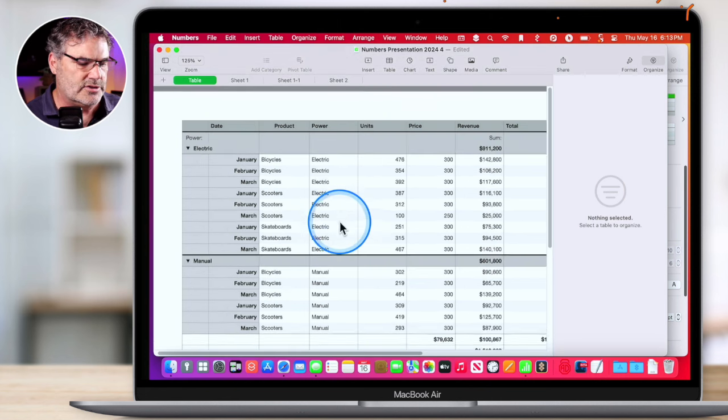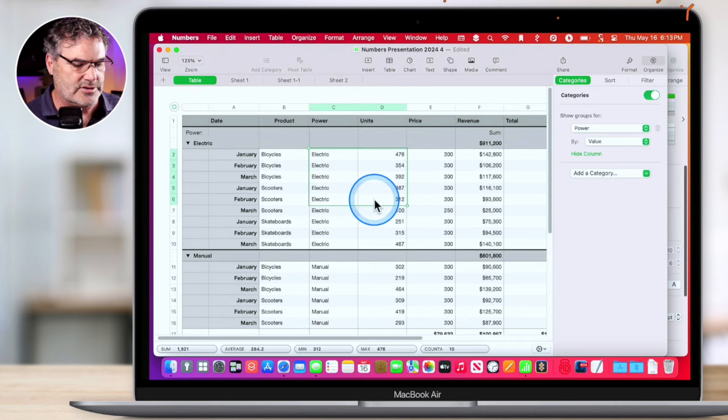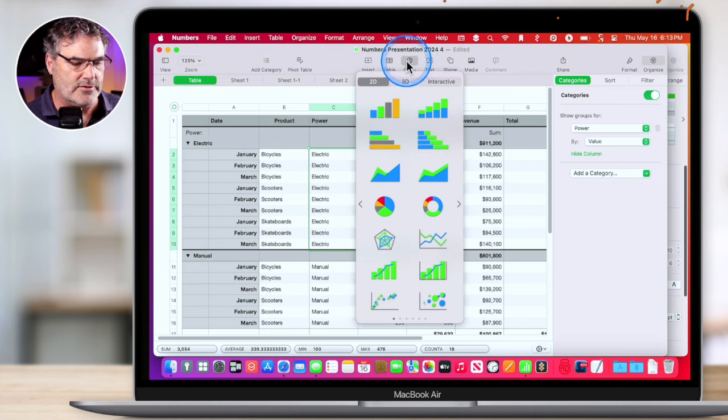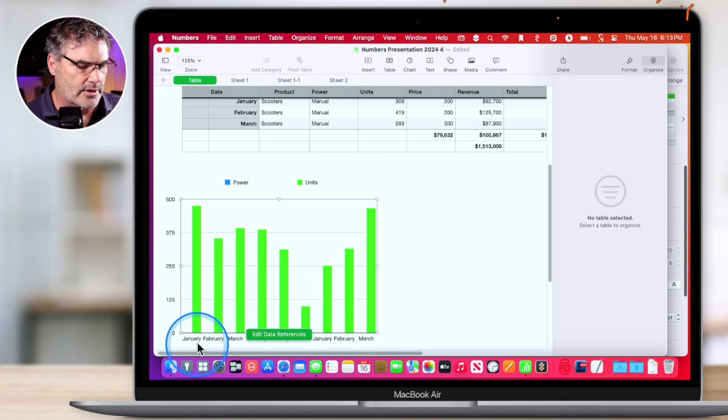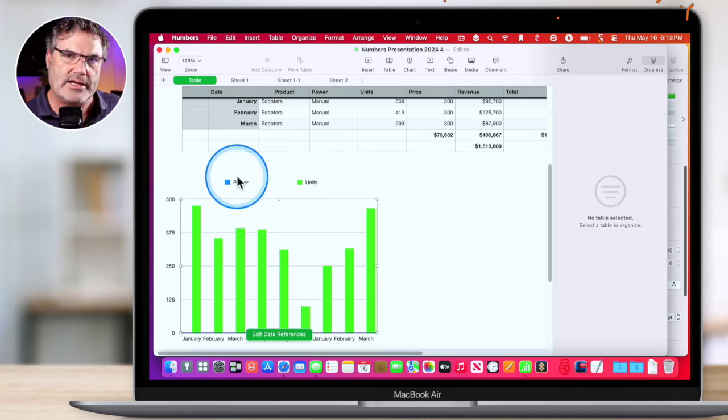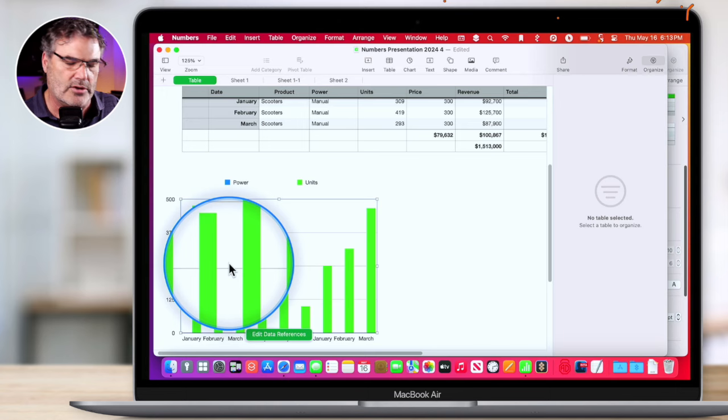Delete. We can select, well, if I just select these here, so I just have that selected and I want to have a chart. There it is. There's my chart for units and power. I can select what I want, or I can create the chart and then select what I want. It might be easier just to select what you want and then create a chart for it, which is what